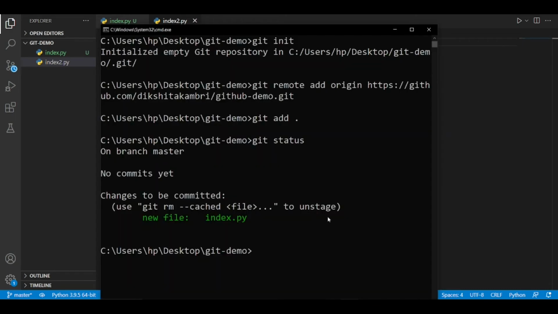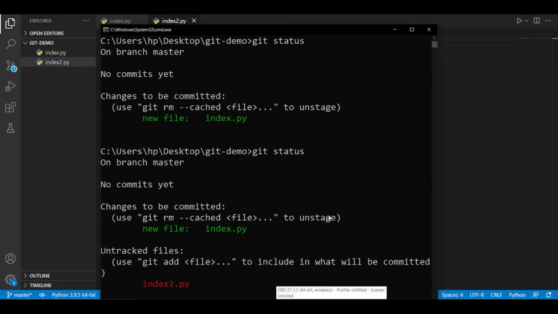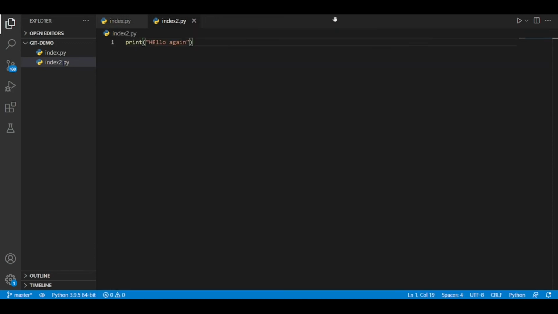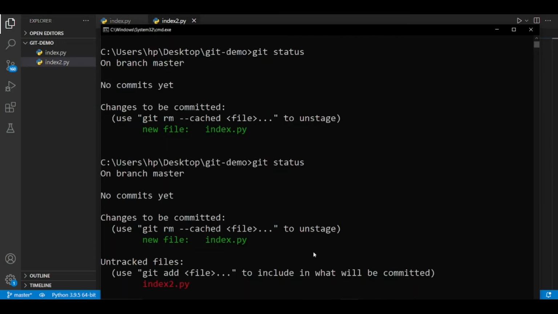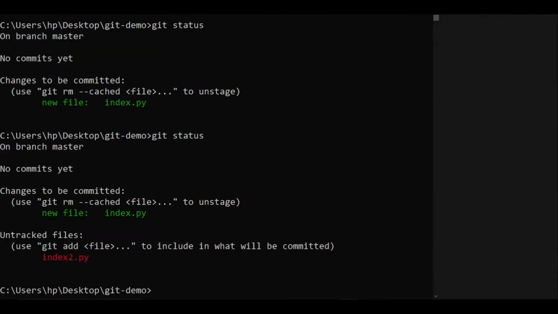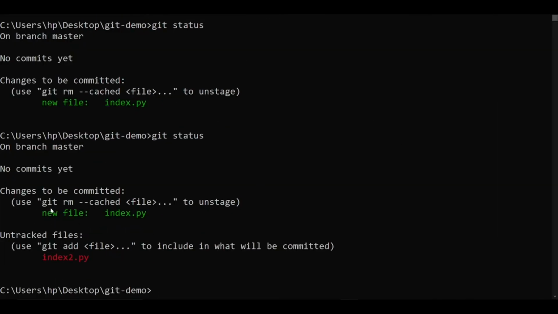Now if we check the status of our folder with git status, what is it showing? It is showing changes to be committed, new file index.py, and the file we have just created, which is the untracked file index2.py. Why is it showing an untracked file? We haven't added the index2.py file to the staging area, that's why.